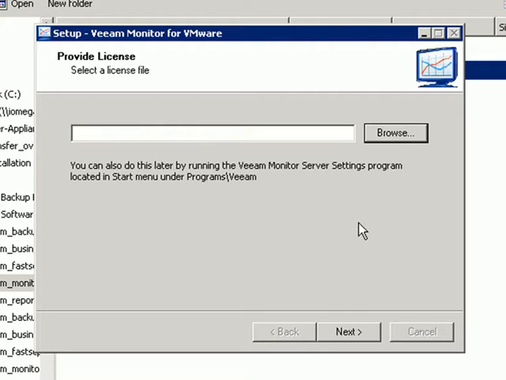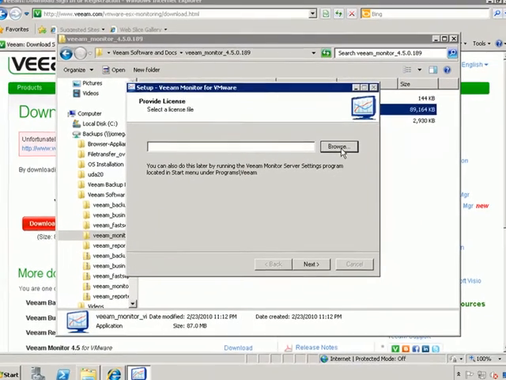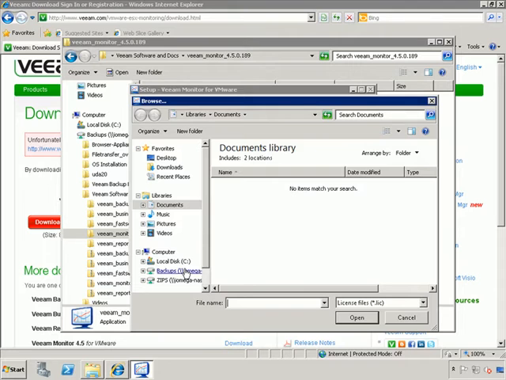Now at this point, the installation is almost done. It's asking us to provide a license file. If you do not provide a license file and just click Next here, that will make this into the VeeamMonitor free edition, and it won't keep any historical statistics, as well as a number of other limitations, but it will run indefinitely. We want to use every feature, including historical stats, so I'm going to click Browse here, and I'm